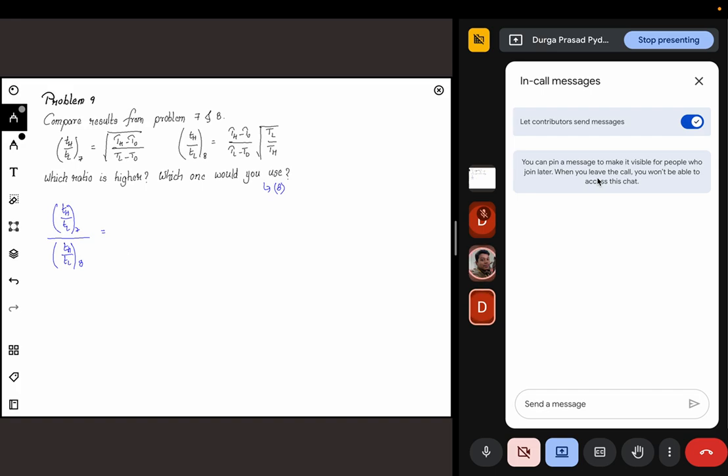So it will be TL minus T naught. So is this quantity greater or less than 1? So TH is greater than, yeah, TH is,